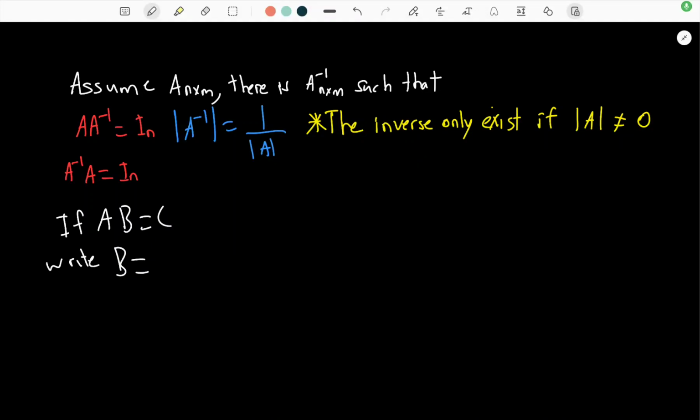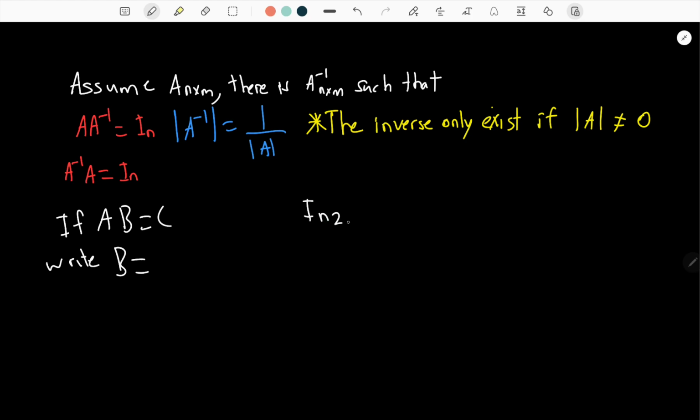So in this video we'll be learning how to find the inverse of a matrix. So let's look at the simple definitions first and rules. Assume that we have a matrix A which is n by m. There is an inverse of A such that A times A inverse is equal to identity, and the other way around also. So what I mean by identity is,